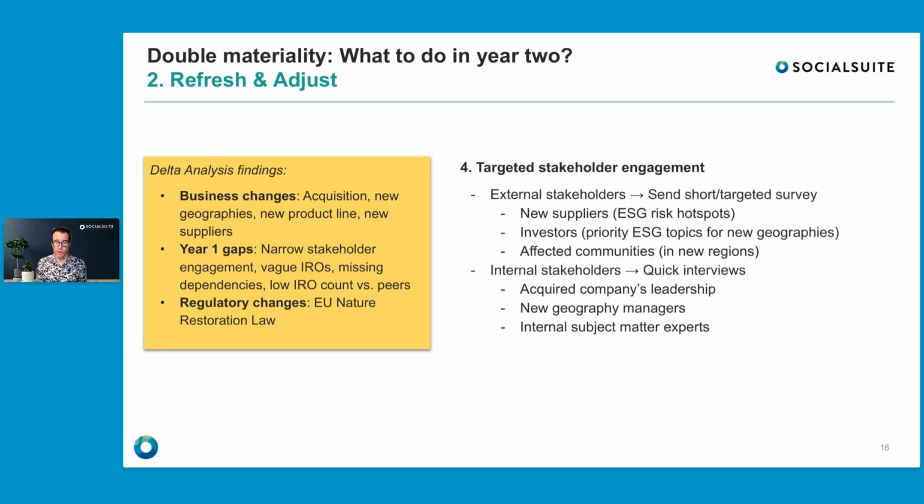And we saw that for this fictional company that we had kind of noted down narrow stakeholder engagement. Now, one of the key things that we have seen working with a lot of companies is that a lot of companies in that first materiality assessment did some stakeholder engagement, but maybe only did internal engagement, or were very quick to jump over that. So maybe this time around you say, well, we did only do internal engagement last year. Let's go out to the affected communities or to key external stakeholders in a targeted fashion to close that gap there and to improve our stakeholder engagement.